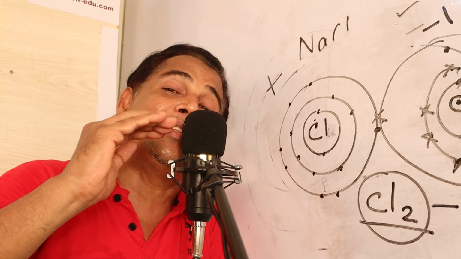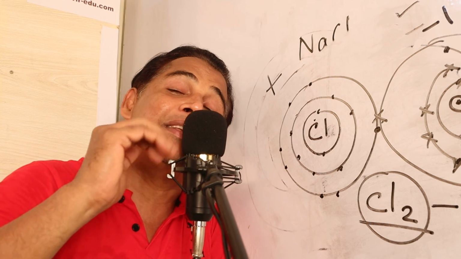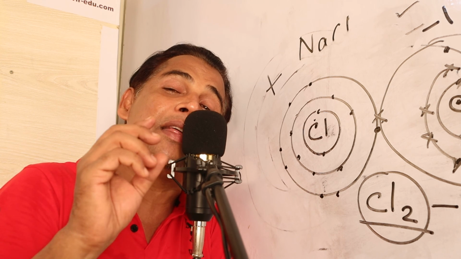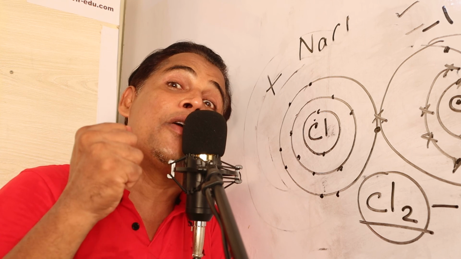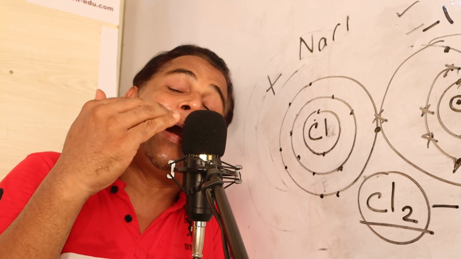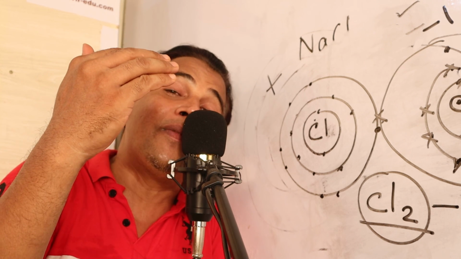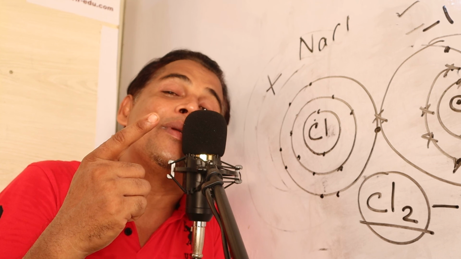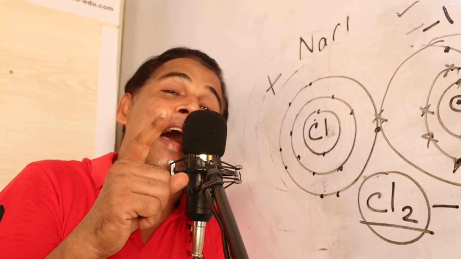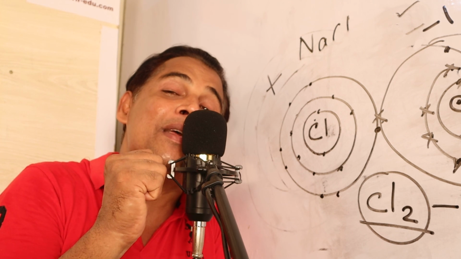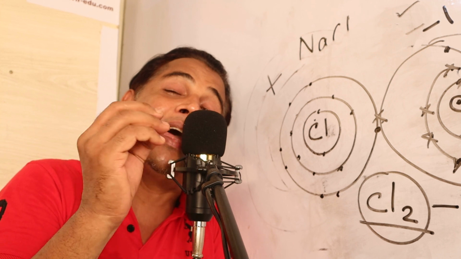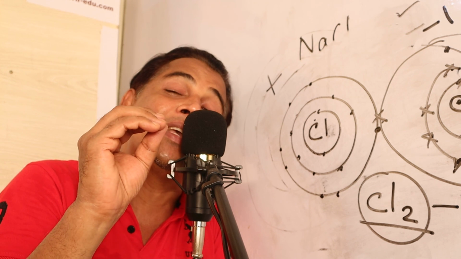This 11 is predetermined, this 17 is predetermined. And when this is in the picture of the periodic table, that is an atom, and when it is ready for fighting, sodium is ready for fighting by giving, and chlorine is ready for fighting by taking. So this is an ion. So atoms and ions are not the same thing. Atoms are written in the periodic table, ions are ready for fighting, either giving or receiving, and this giving and receiving is the secret of nature.